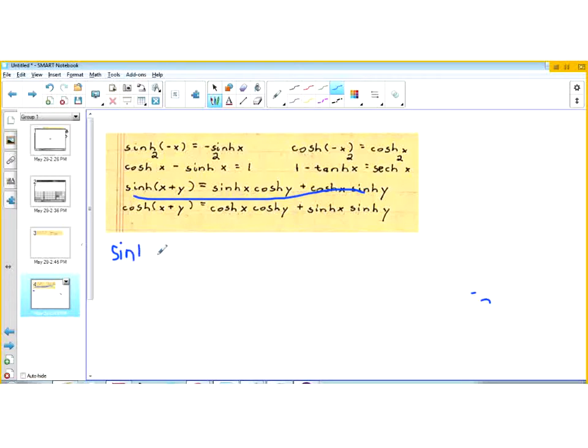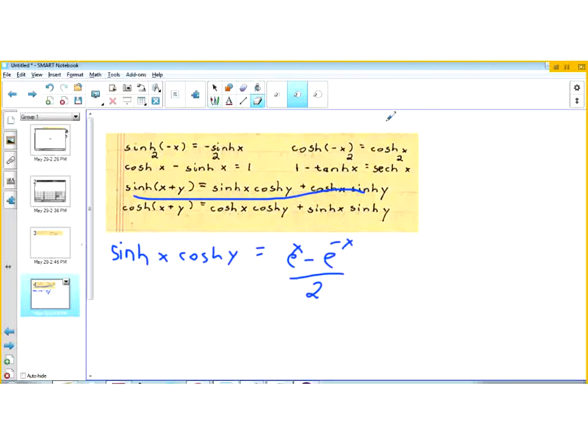The sinh of x times the cosh of y is equal to, using the definitions, e to the x minus e to the minus x over 2 times the cosh of y, which is e to the y plus e to the minus y